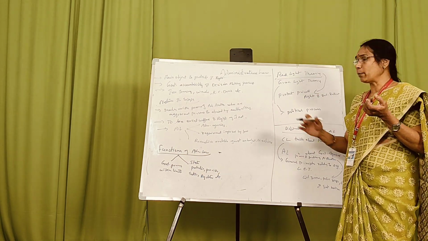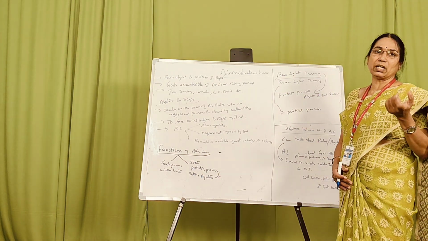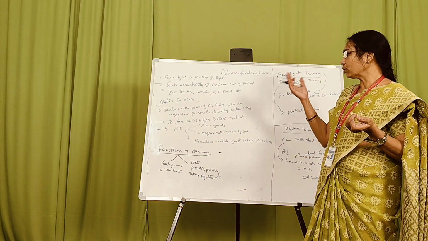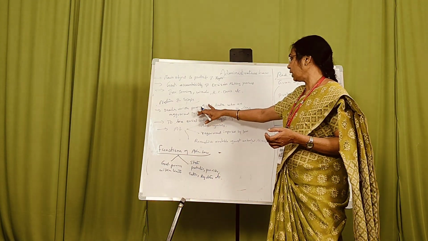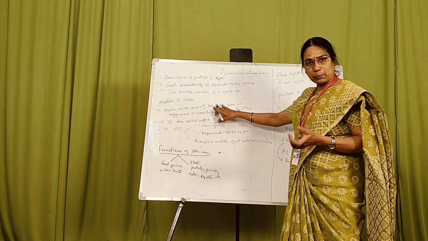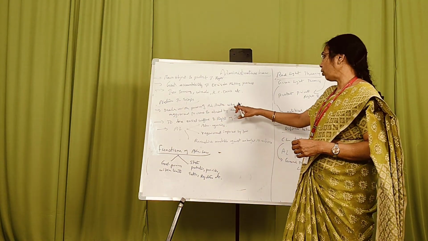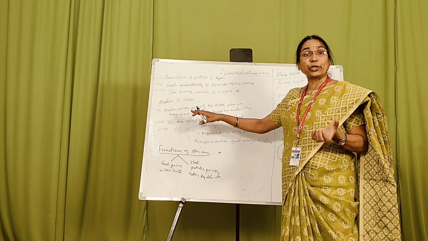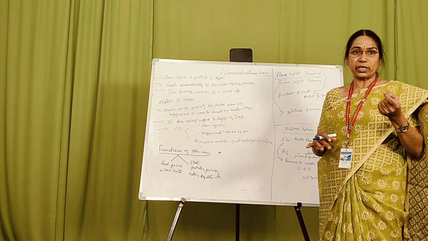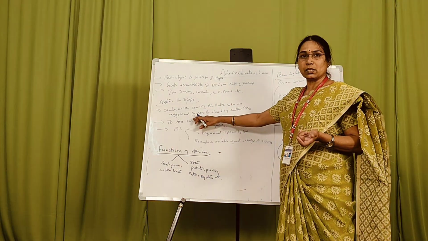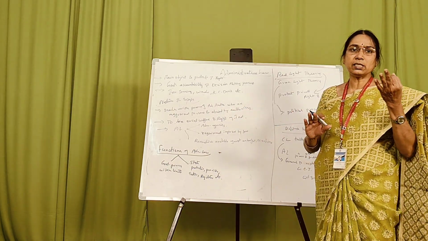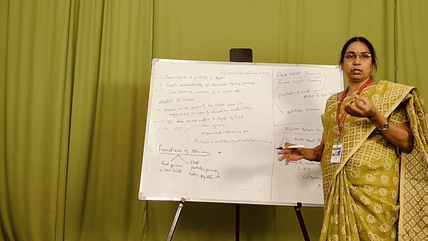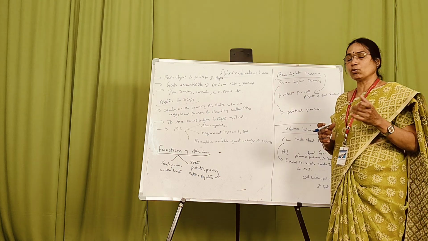Now let us go about the nature and the scope of the administrative law. According to this law, the administrative law totally deals with the powers of the administrative authorities, and also these administrative laws will protect the aggrieved persons and the persons who are abused by the authority. These are the more important powers of the administrative law.